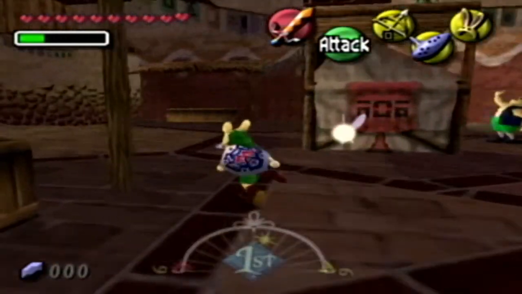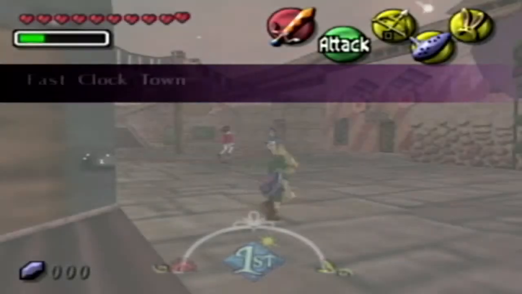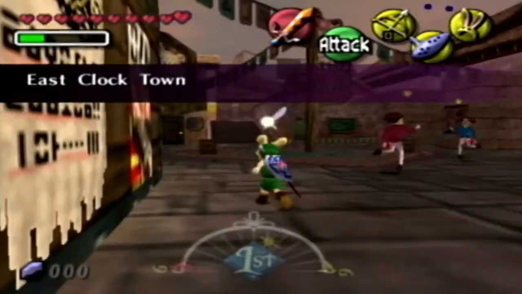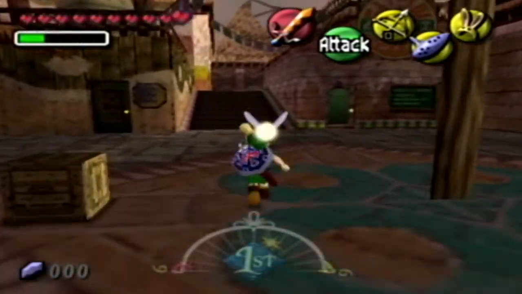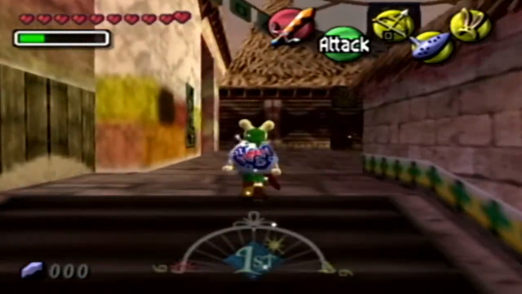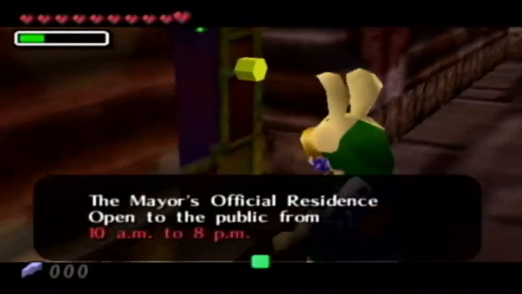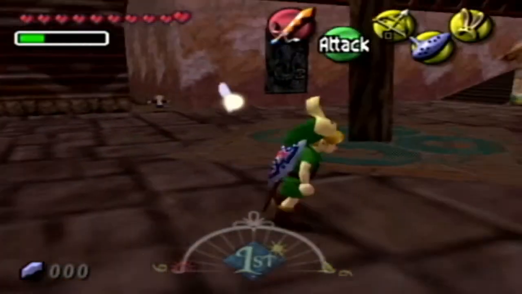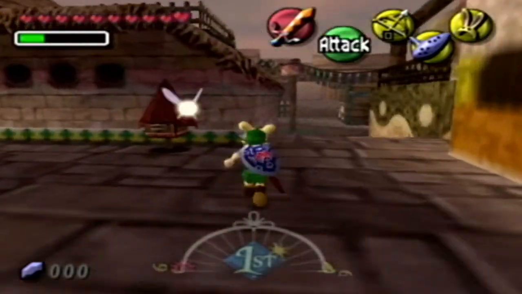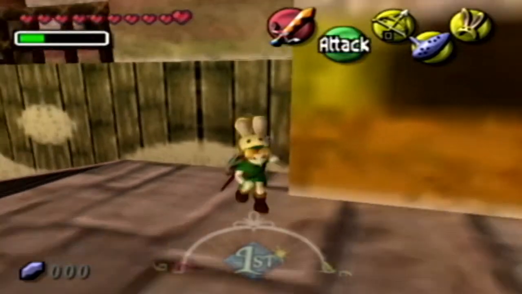First thing we need to get is the Cafe mask. Cafe mask is free. We literally just go to Cafe's mom and then she gives us the mask, so that's 1 out of the 24 that we need in total. We need 10 more masks before we can get the Fierce Deity's mask, which is nice. Okay, so it's open from 10 a.m., and that's the only time we can start the quest, yeah? So in the meantime,